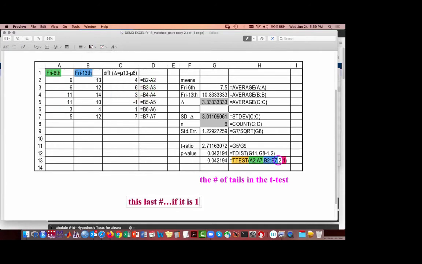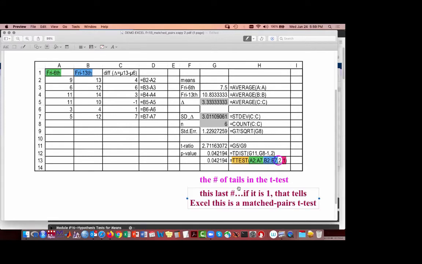This is what tells Excel which type of test we actually want to run. Now, remember, there are different types of tests that we can encounter. So this is the matched pairs test. The other test that we're going to see is the independent samples t-test, of which there are different versions.